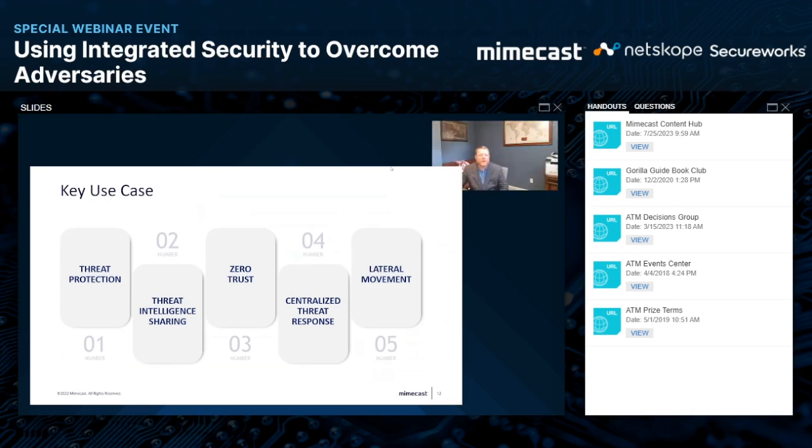Perfect. Well, let's then just touch base on maybe a core use case. We won't go through all 5 of these. Maybe I'll pick on that threat intelligence sharing. So just envision a day where we'll pick on Ryan. He is attacked by somebody. He receives a piece of malware. Mimecast sees that. We interrogate that attachment, determine it malicious. Maybe it goes down to a sandbox or whatnot. We share that literal hash over with Netskope. Netskope adds that to the CASB block list.